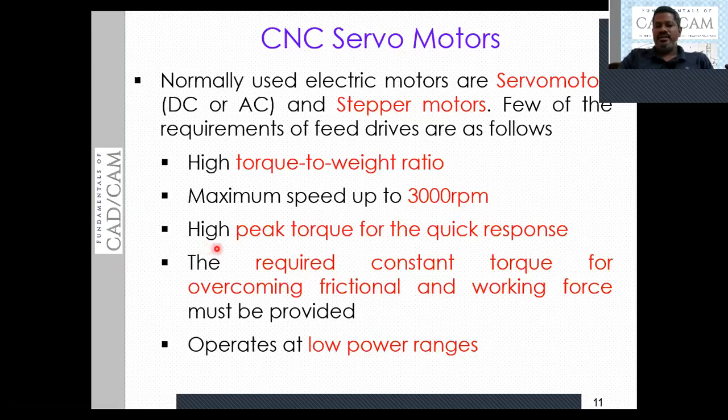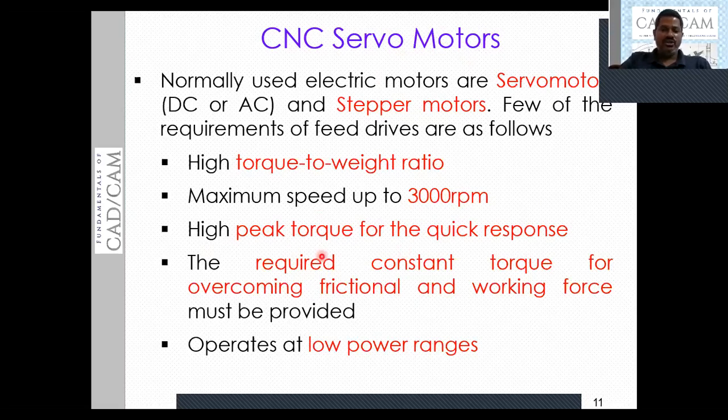Then, high peak torque for quick responses. When the torque is high, that means you have a provision to reach the high torque within a short span of time. These servo motors must be able to reach high peak torque within a short span of time. That means high pickup.